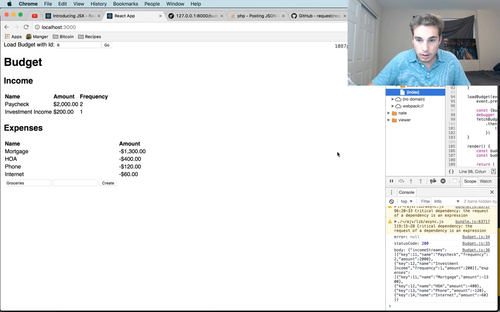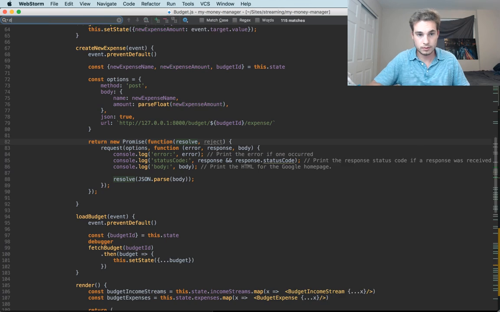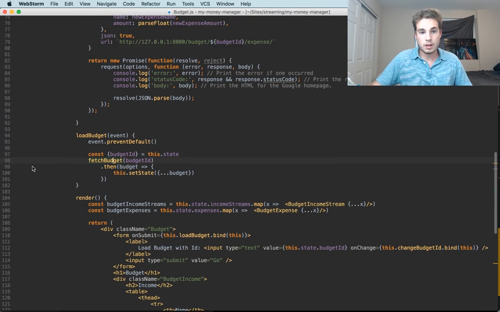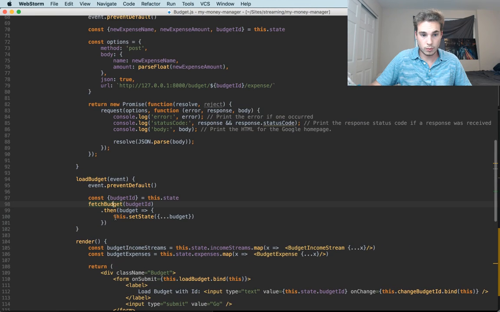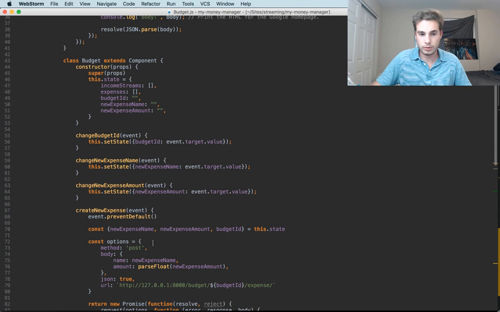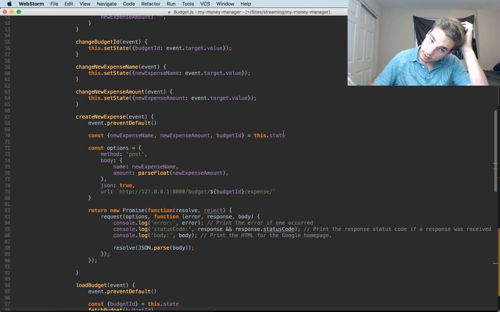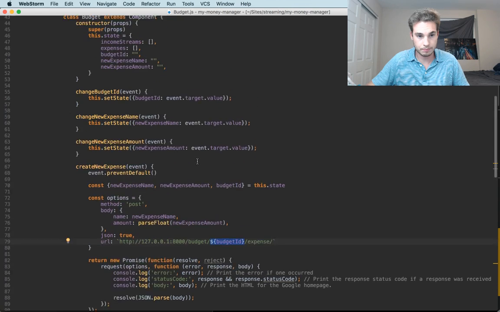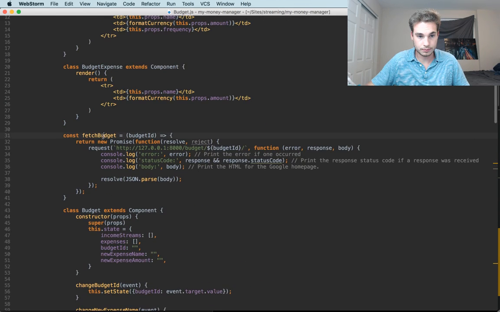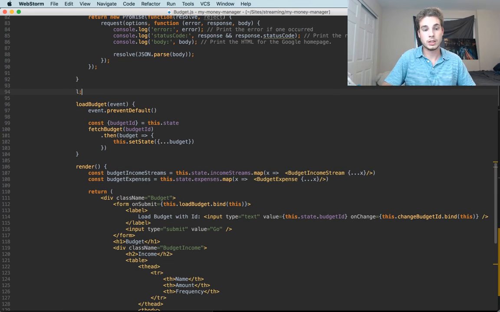And I think, you know what, get rid of that debugger. I think after we save our new expense, we should just reload the budget. We could just push the expense, yeah, because we need that expense ID for this to all work properly. So let's create a helper function called load budget with ID,